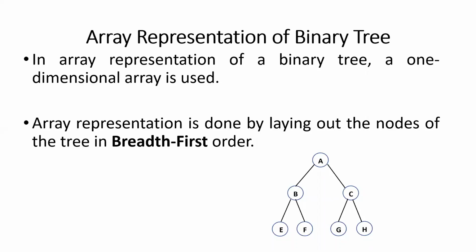So we will select one of the vertices as the starting vertex. We will explore all its adjacent vertices, and then we will enqueue them in the queue. After discovering all the elements, we will dequeue the element which is at the front of the queue. Whichever vertex is at the front of the queue will again be explored, right? The same method will be considered for the array representation of the binary tree, that is, breadth first order.